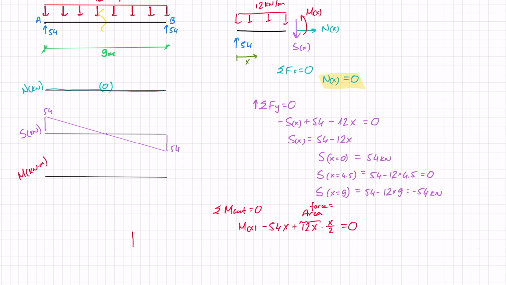Okay, so just to show you what I mean, we've got our UDL. The distance is x, whatever that x may be, something between 0 and 9. I've calculated the area, and I'm putting my resultant force at the location of the centroid, which is going to be x over 2 from the edge of the shape. And rewriting that, the moment equals 54x